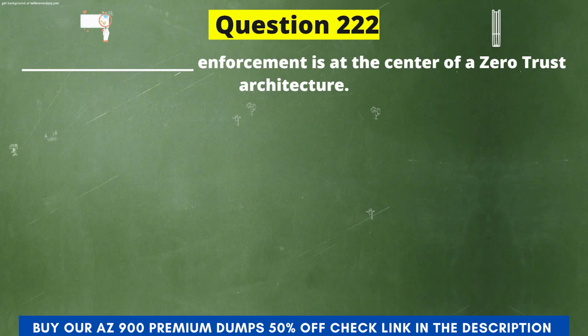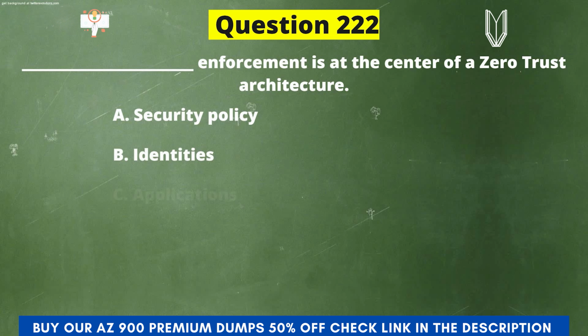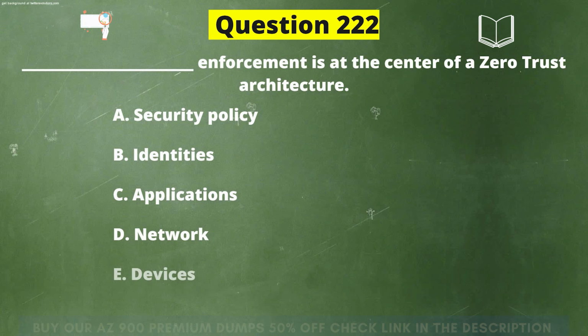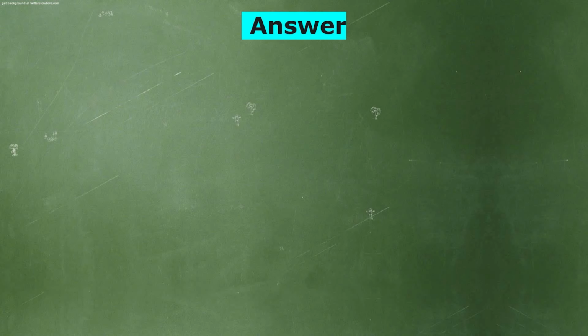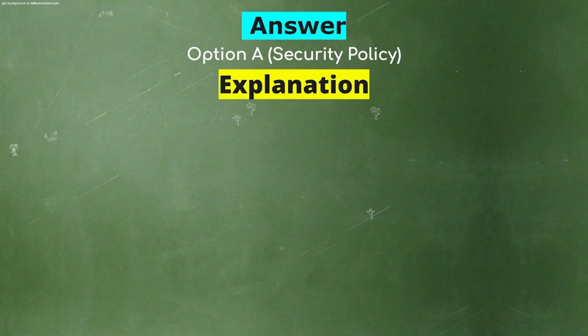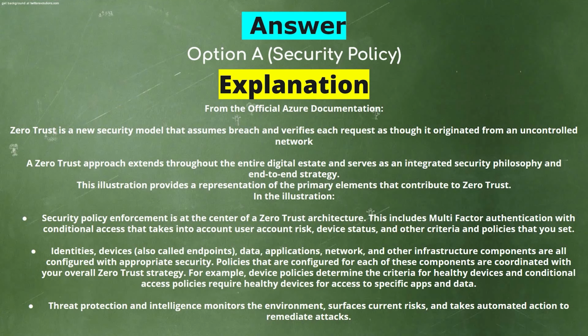Enforcement is at the center of a zero-trust architecture. And the options are A. Security policy, B. Identities, C. Applications, D. Network, E. Devices, F. Data. And the correct answer is option A. Security policy. Explanation. Zero Trust is a new security model that assumes breach and verifies each request as though it